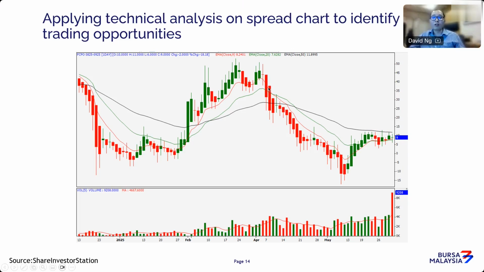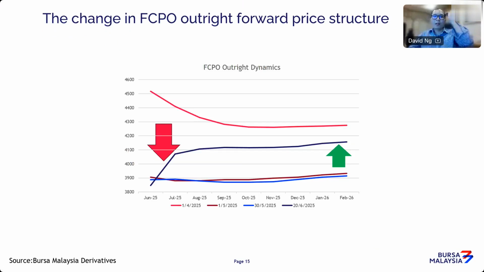Now, if you are looking at this particular chart, you'll say, hey, look, it's a nice downtrend. Candles are below both the moving averages. You should be shorting this particular market instead of going long. So you can apply technical analysis like moving averages on the chart for spread trading markets. Now, I also just want to highlight to you this.